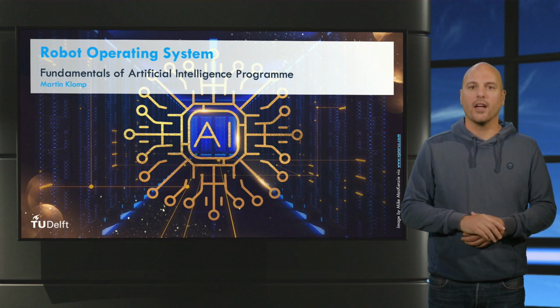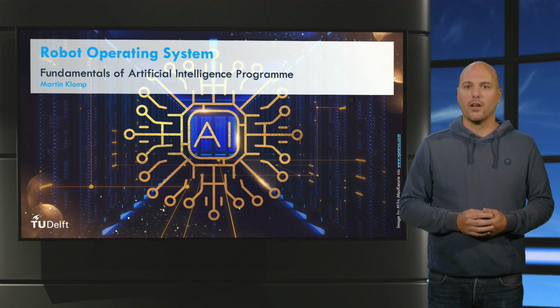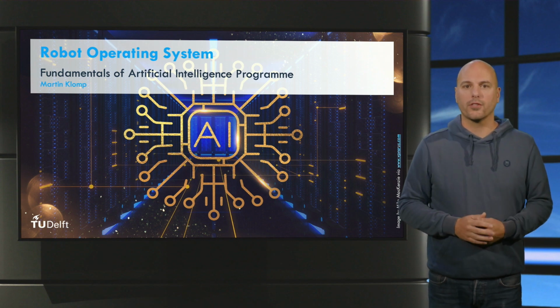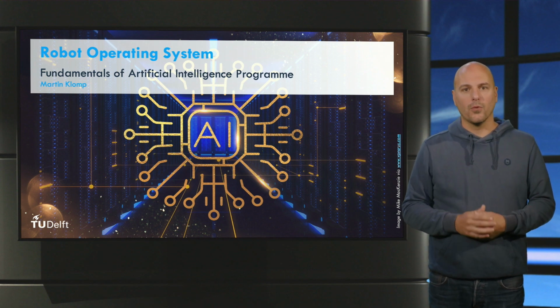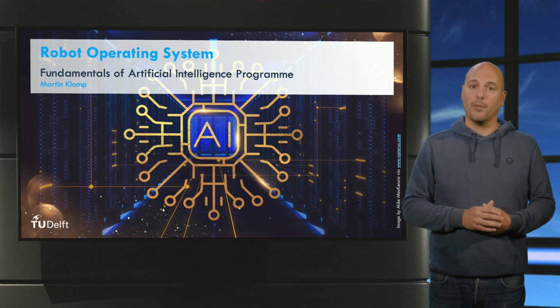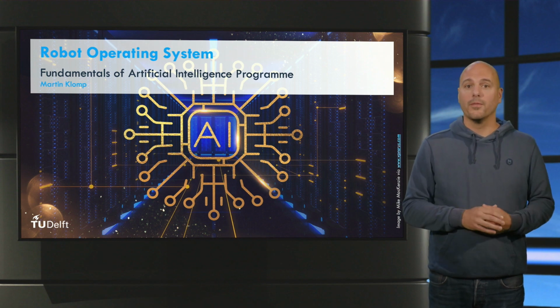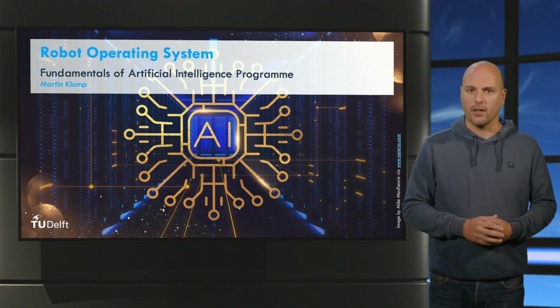When designing the behavior of a robot, you of course need a way to program this behavior. Robot Operating System, or ROS, is one of the most used frameworks to do this. After kicking off in academia, ROS is more and more being used in industry and becoming a standard for robotic applications. In this video, I will explain the basic working of ROS, also known as the computation graph.